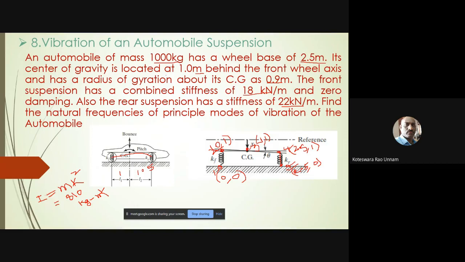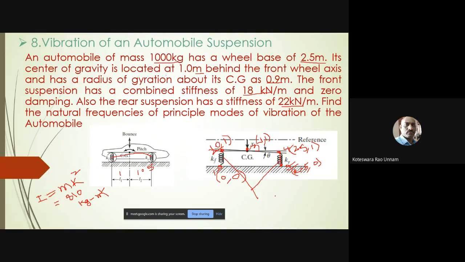So that means we need to define 5 nodes. So we know the nodal coordinates also. Node 1 is 0 comma 0, node 2 is 0 comma 1, node 3 is 1 comma 1, node 4 is 2.5 comma 1, and node 5 is 2.5 comma 0. Now once I define the nodes, then I need to define the elements. Because here you have 3 different types of elements, so we need to select 3 different types of elements.